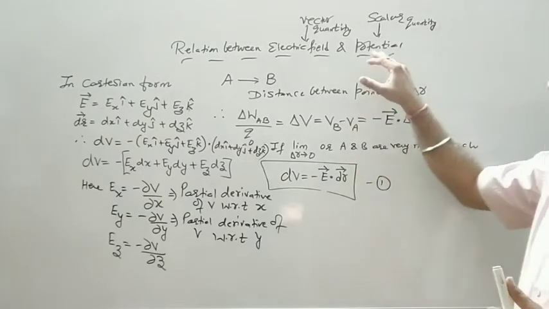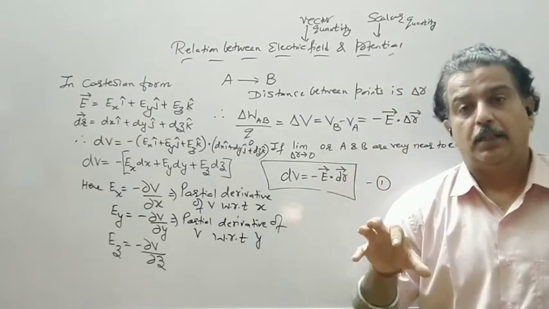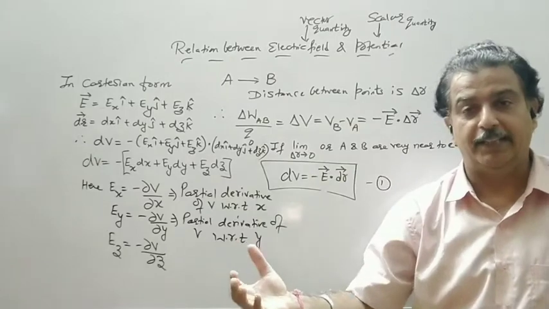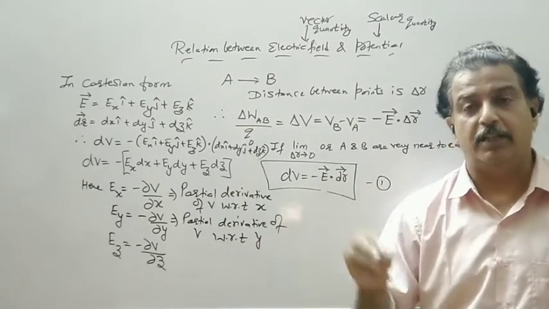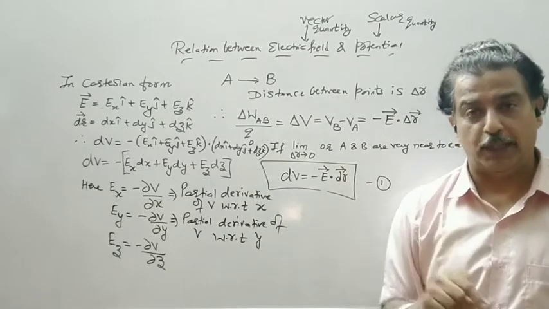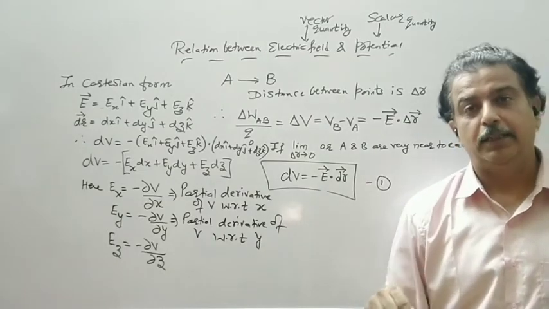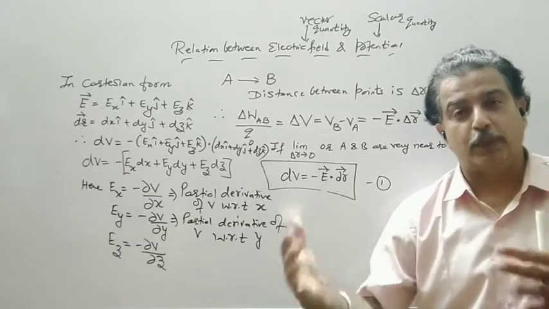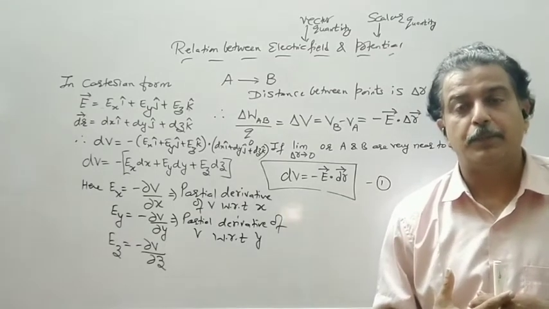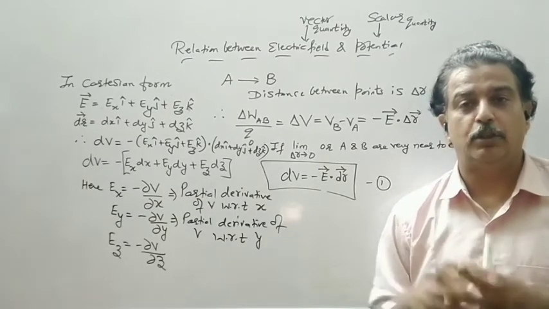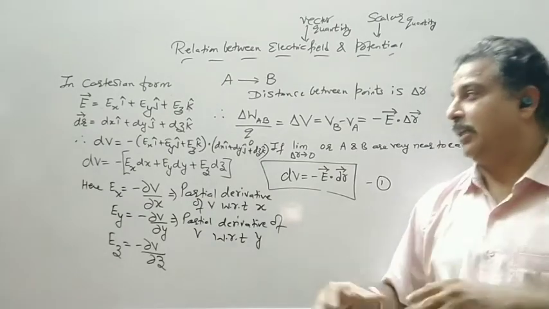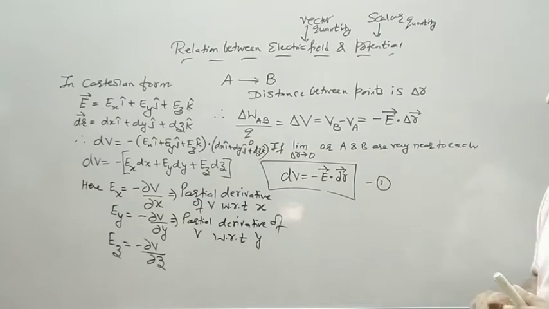So if the potential is given to us, how to find out the electric field intensity at a point, and if the electric field intensity is given, how to find out the potential at a point. If equipotential surfaces are given, how the electric field has to be found, that is also an example. So we will explore all the types of example.